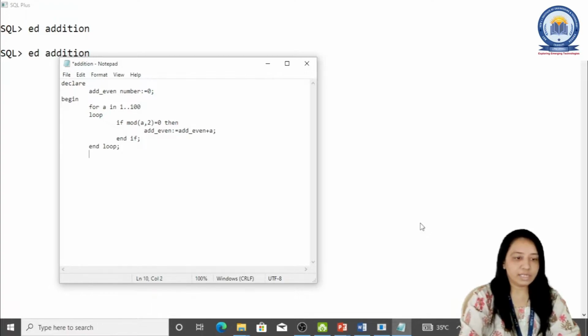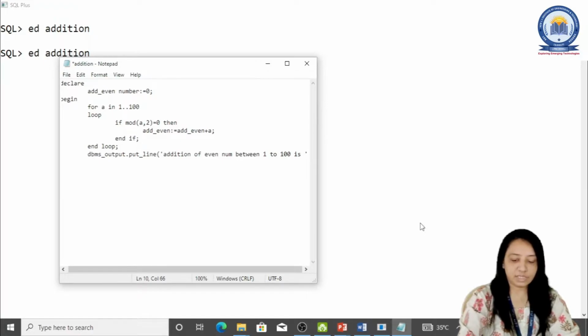After that I need to print the result. To print a result it should be DBMS_OUTPUT.PUT_LINE, and we'll print the text 'Addition of even numbers from 1 to 100 is', then a space and a single quote.